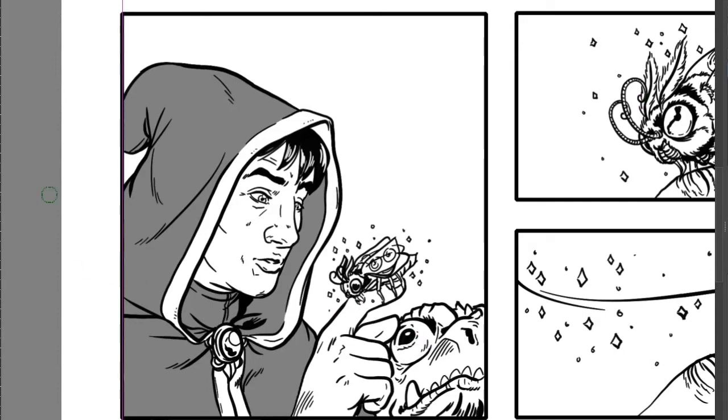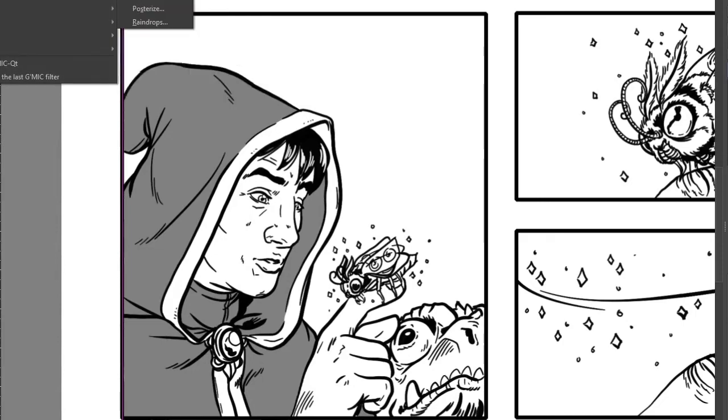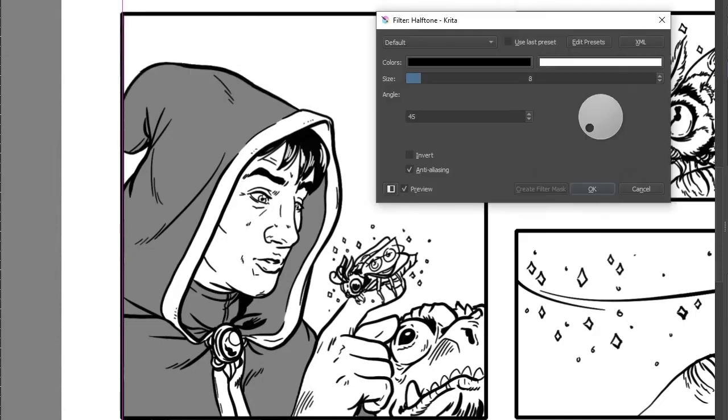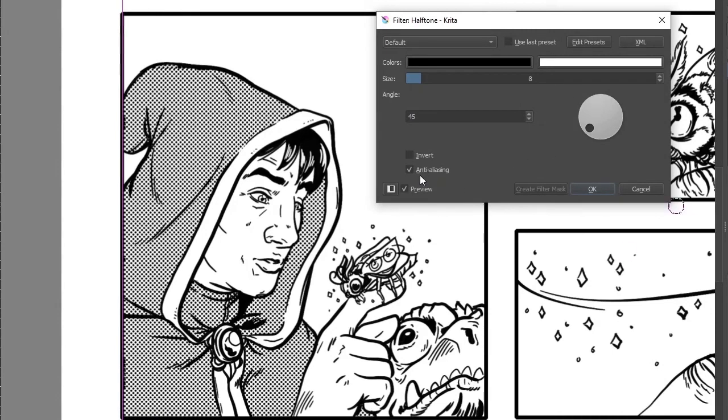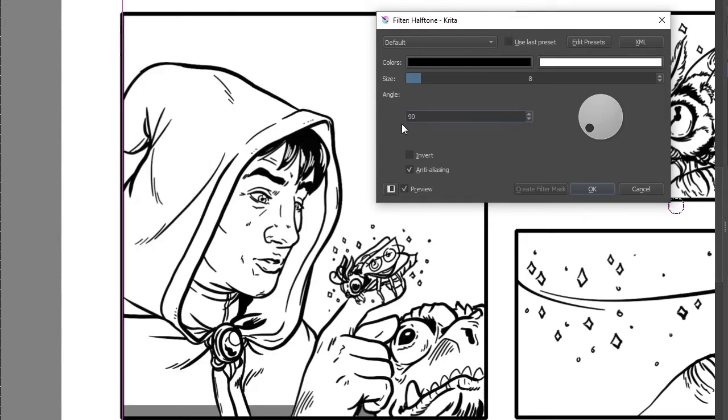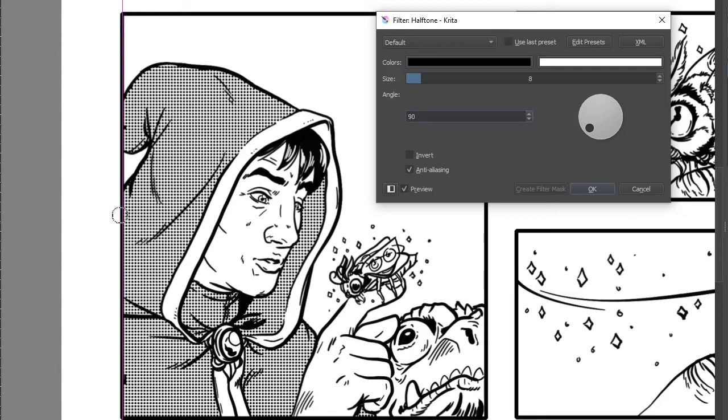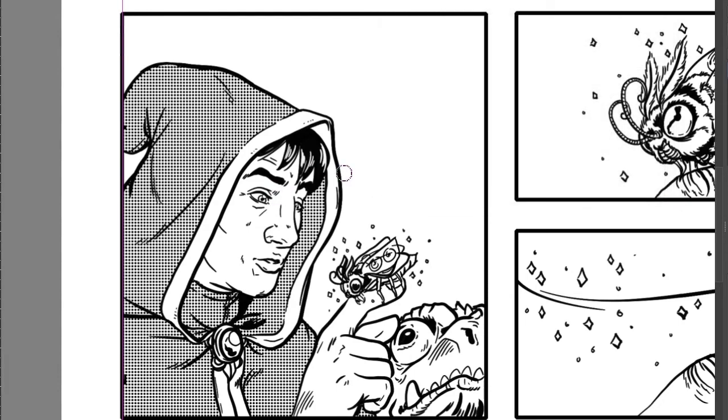So now I want to convert that into a halftone. So to do that automatically, I'm going to go to filter, I'm going to go to artistic, and halftone is the first. I open this up, it's got some defaults. So by standard size of your dot is 8 pixels and the standard angle is 45. We can change that if we want. Okay, I want a 90-degree angle on there. Take a minute to calculate. There we go. And then I'm going to click OK, and it's going to apply